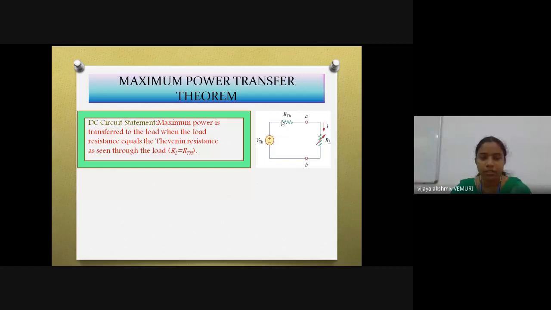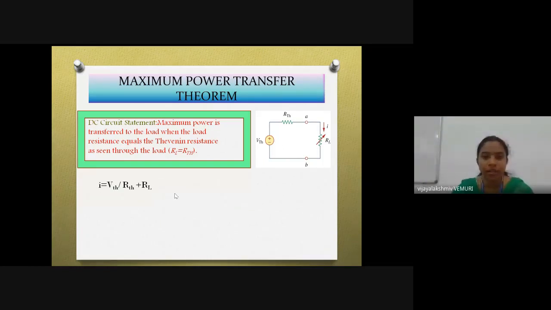That means before applying the theorem, you need to reduce the complete circuit other than the load resistor into the Thevenin equivalent circuit. When we come across a problem, you can understand. For now, just understand the statement here. If you observe the current I in this circuit, both are in series, so I is equal to the voltage VTH divided by the total resistance: I is equal to VTH divided by RTH plus RL.